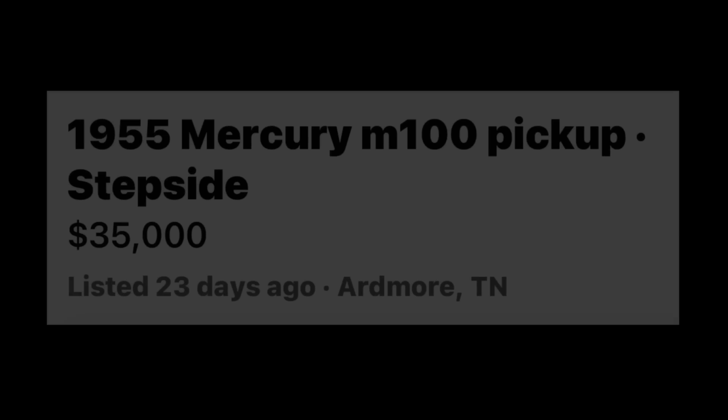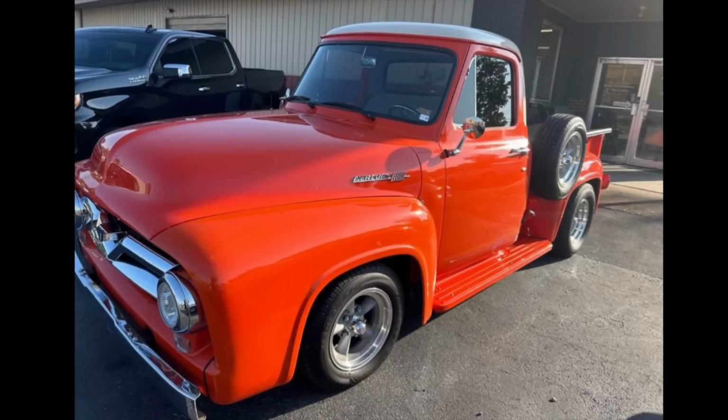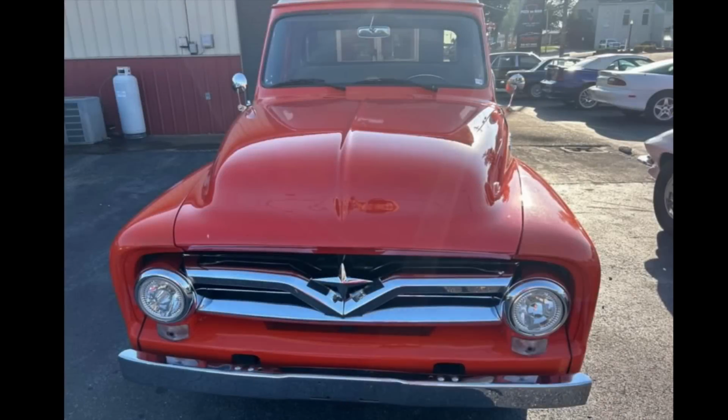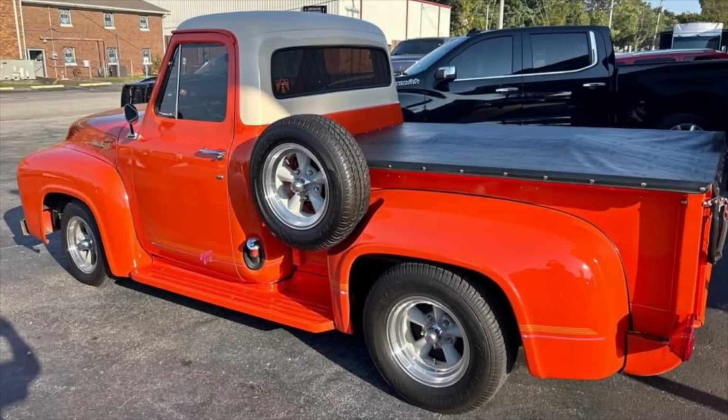Number 6. 1955 Mercury M100 pickup, listed in Ardmore, Tennessee for $35,000. For sale is a super rare two-toned orange and white 1955 Mercury M100 stepside pickup. This classic cruiser has undergone a frame-off restoration and has only 1,715 miles on it since the build. It is powered by a 312 V8 engine topped with a 4-barrel carburetor mated to a 4-speed automatic transmission and